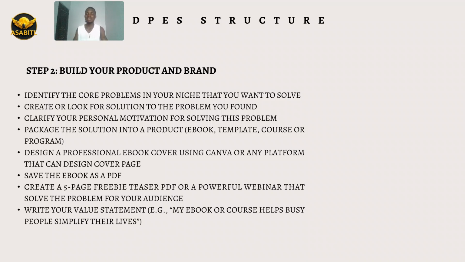You can still ask ChatGPT the solutions to those problems. You understand? If ChatGPT gives you the solution to those problems, you don't just want to use it. You have to clarify your personal motivation for solving this problem. After you see the problem, you see the solution, you have to say to yourself, I want to solve this problem for these people. This is what I want. I will do this, and I believe if I do this, it's going to attract more people to me. It's going to help me sell much, much more.